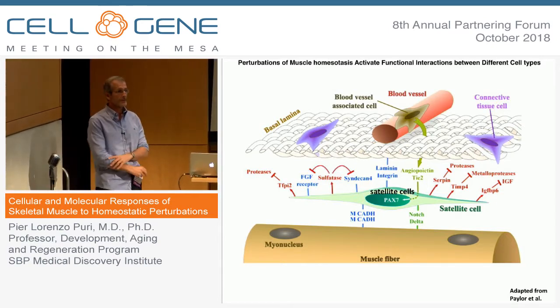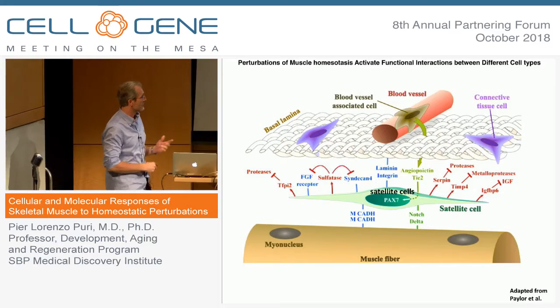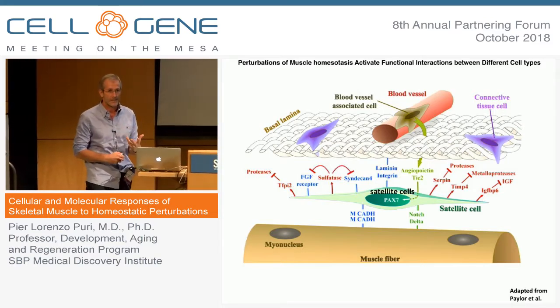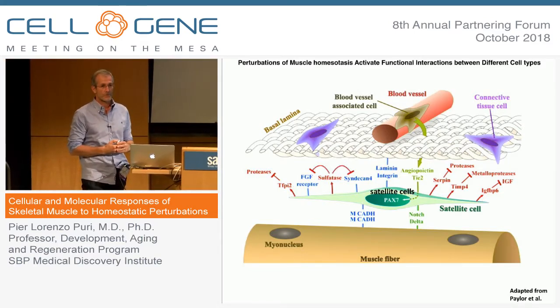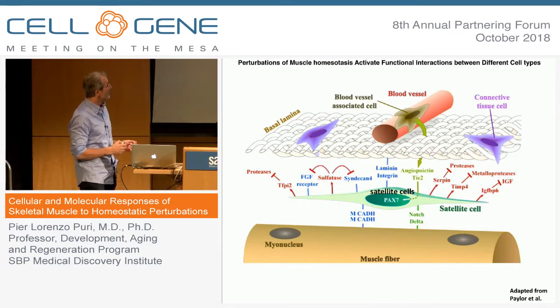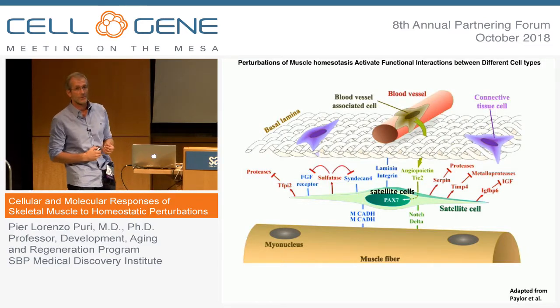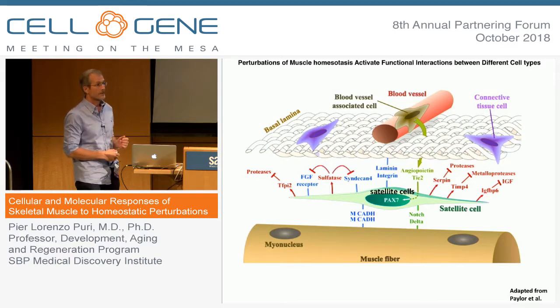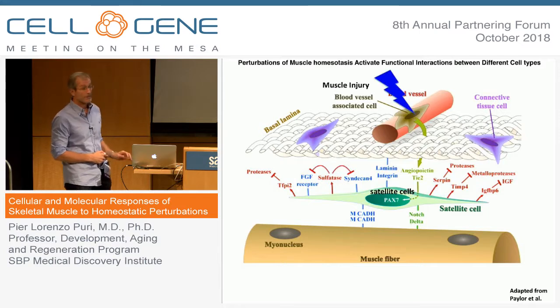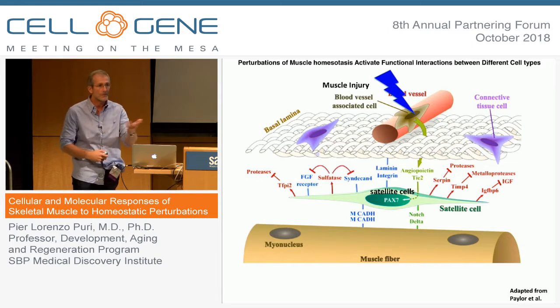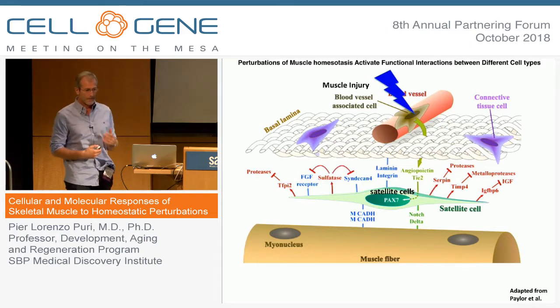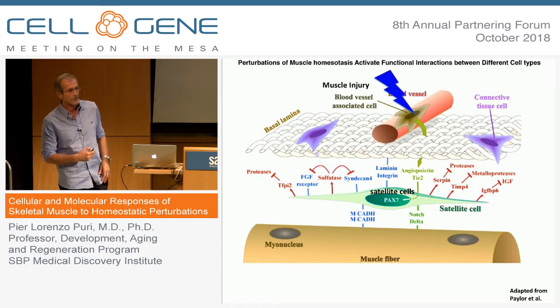So I can skip the first slides introducing the role of satellite cells in muscle regeneration, just to jump into a further issue, which is how the activity of satellite cells is coordinated by the cells that populate the muscle stem cell niche. So upon whatever type of muscle perturbation, and I take here the acute muscle injury that we use in our labs by injecting cardiotoxin or notexin,